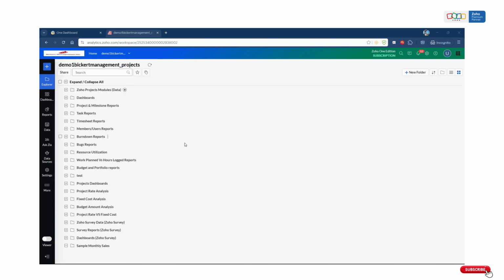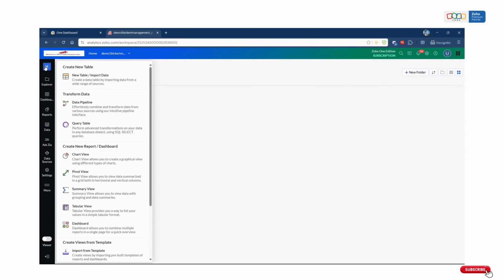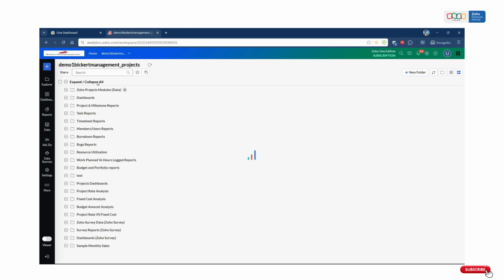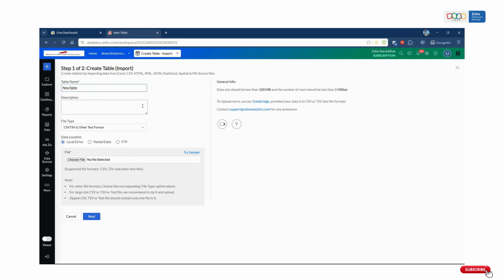So let's jump in. To do that, we need to first import our data, and before that, make sure you are logged in to Zoho Analytics. I already logged in. Click on the plus icon, click import data. Here you can see various types of data sources you can add. In this video I'm using flat files, the static files from Excel. Click on Excel,